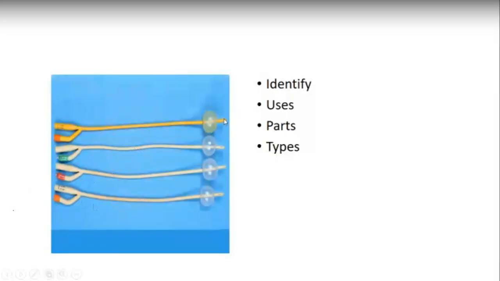Now for this end, this tip here, there's an eye, called the opening. It is from this point that urine from the bladder flows through and out. Here is the inflatable balloon. This is the part that is inflated with sterile water to anchor the balloon in the bladder to prevent it from falling off. Then this part is called the drainage channel,